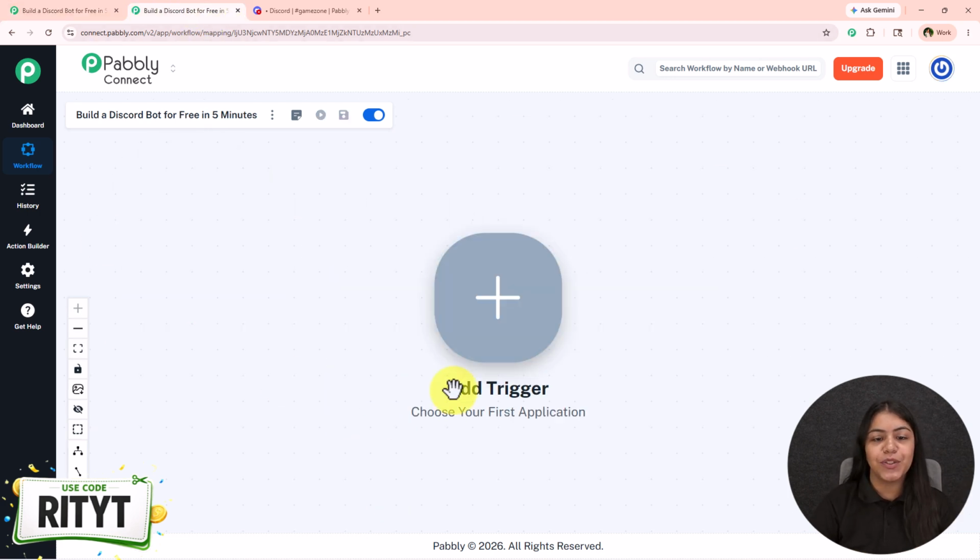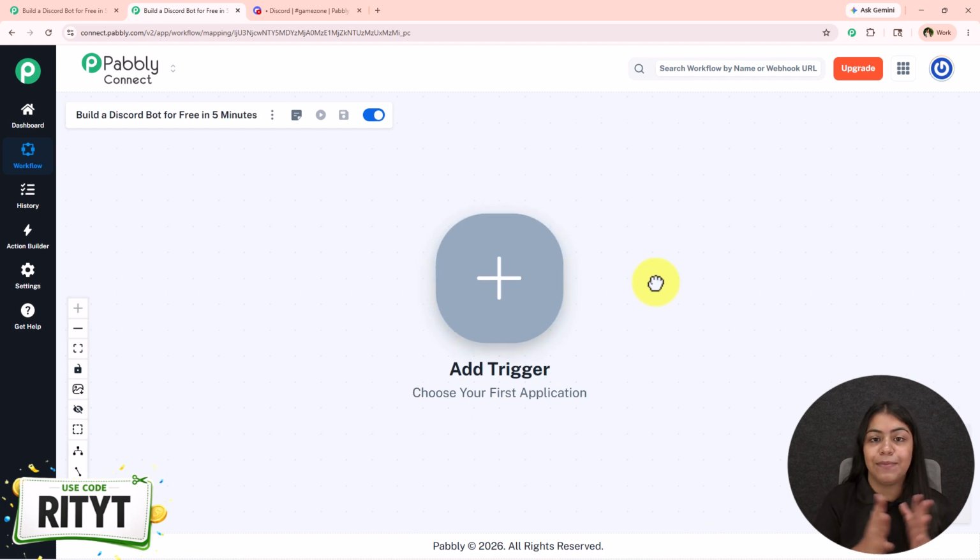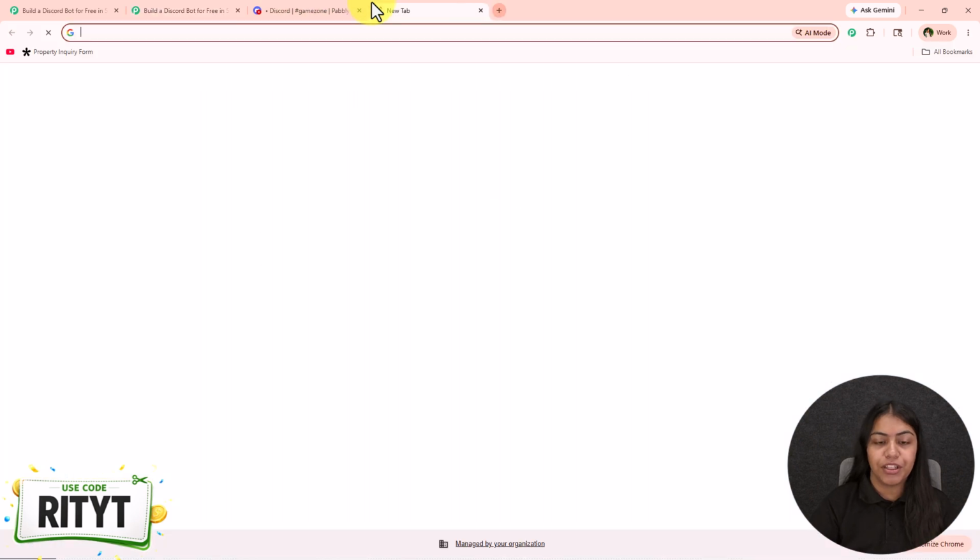minutes. So to do this, you just have to open your workflow builder inside Pabbly Connect if you are an existing user like me. But if you are a new user, open a new tab and search for